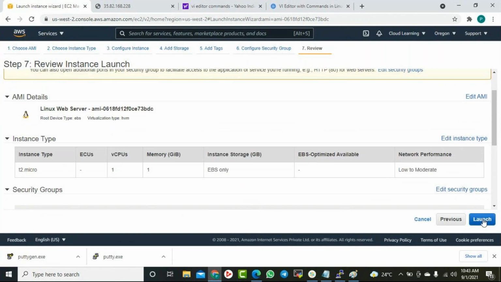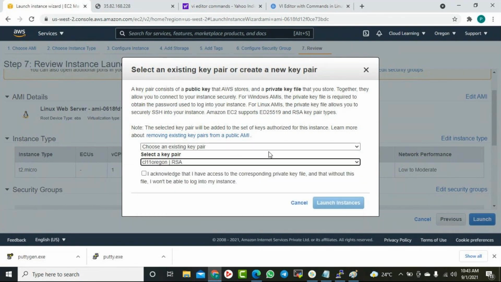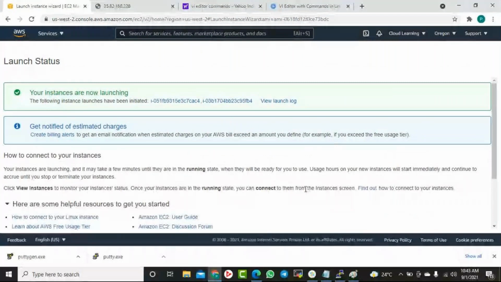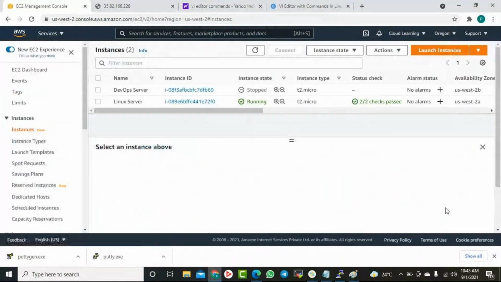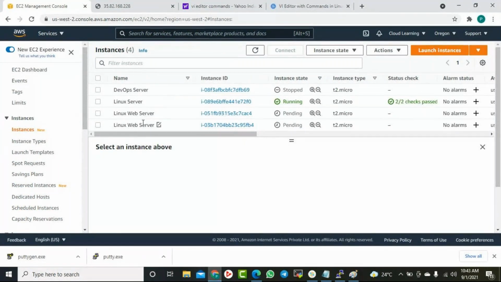All fine. I can use my existing key, so that's why I'm using it. If you want to create a new key pair, that is also fine, but ideally we should keep the number of keys minimum. Now, if you see, my two servers are getting ready.